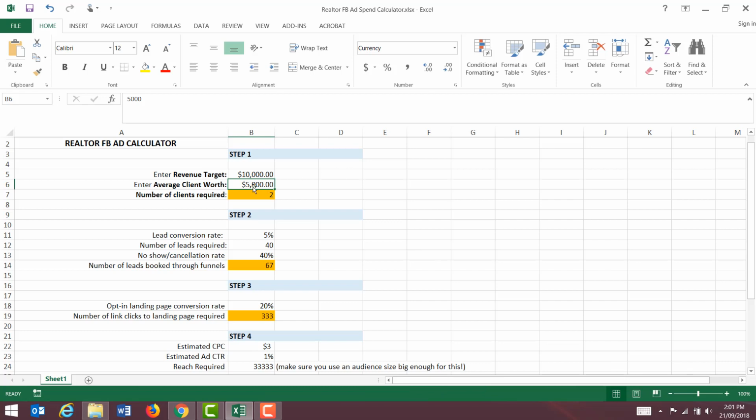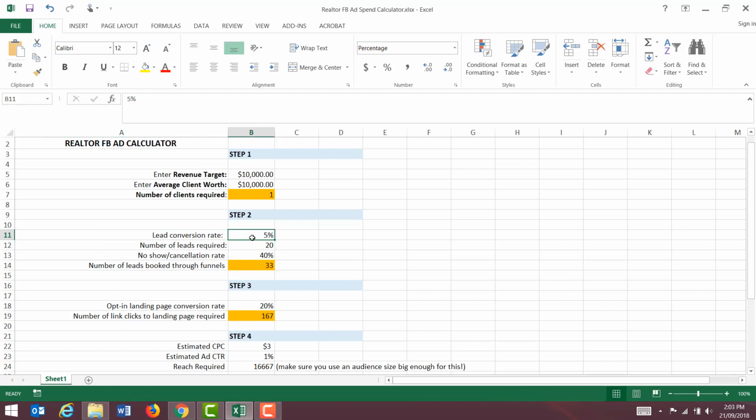So if we were saying here that the average client worth was, let's say, $10,000, then the average number of clients required would be one every 90 days to actually reach that revenue target. So what we need to do now from the perspective of the campaign is work out the close rate and the number of leads we actually need to be sending to ensure that you close one client every 90 days. Now this is where things get interesting, because when we come down here, and this is really important,